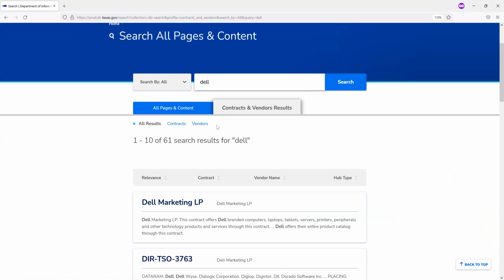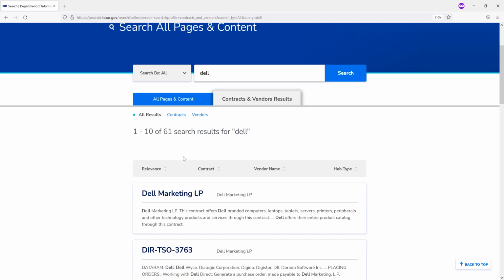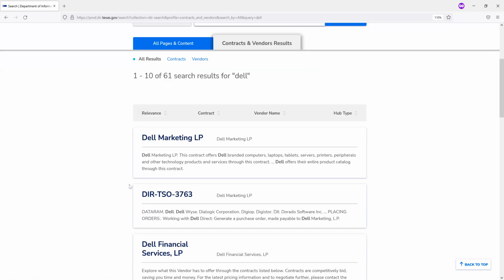Initially, we had a contract documents tab here as well, where you can search through all the contract documents that are available on each of our contracts. But we had a technical glitch on that, but that will be added back at a later time. So if you click on all results, you'll see all the results as they come through. They're sorted by relevancy right now. And as we get more clicks and people using the website, our search algorithms will be more refined. But you'll see this is how a lot of our pages are organized.